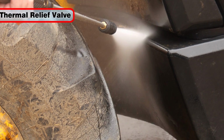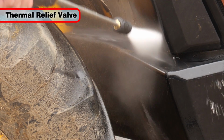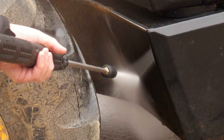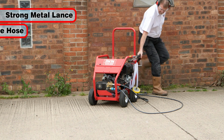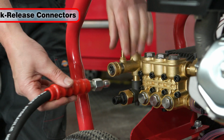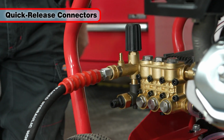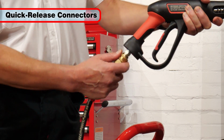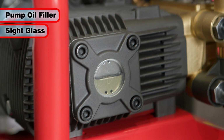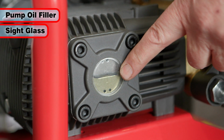To protect the pump, a thermal relief valve will automatically open if the temperature inside the pump becomes too high. The metal lance is supplied by an extra long 10-meter high-pressure hose, which has quick-release connectors at each end for operator convenience. The high-pressure pump has its own oil filler and side glass, and, like the engine oil, the level